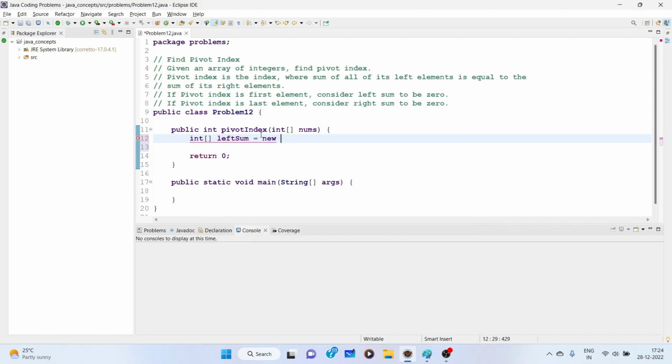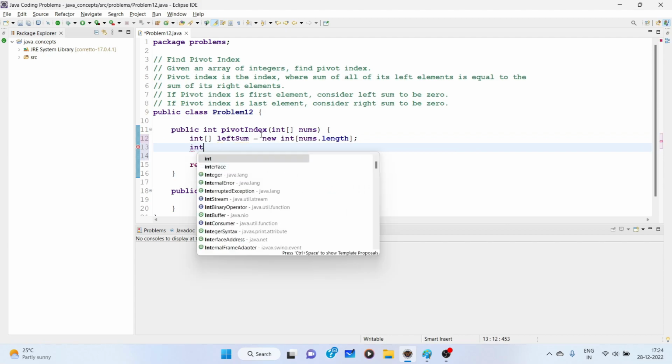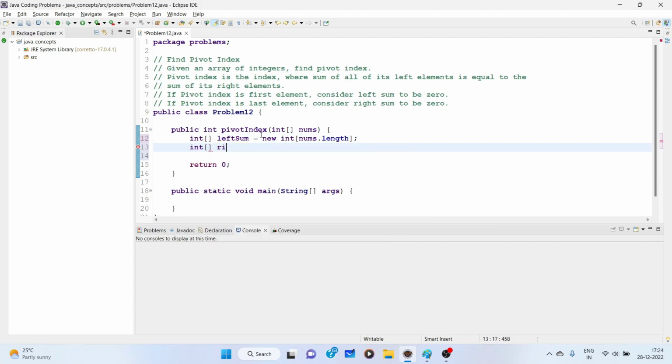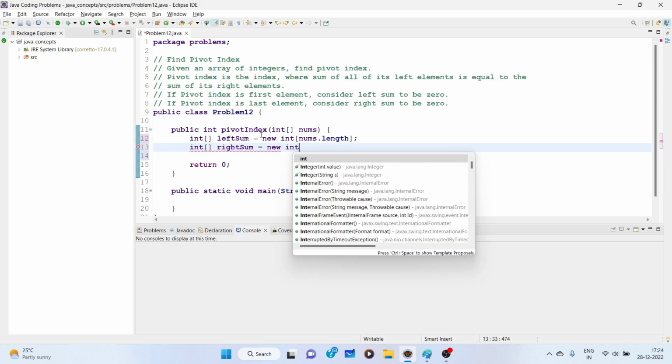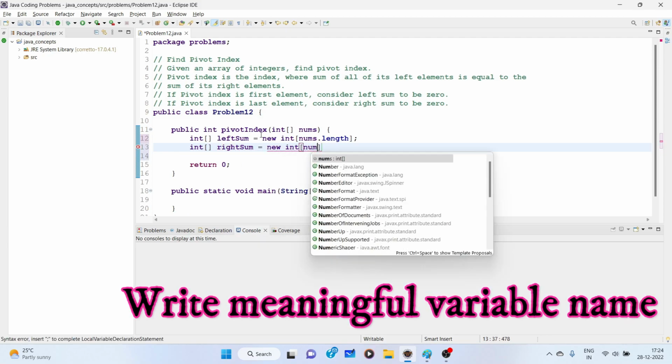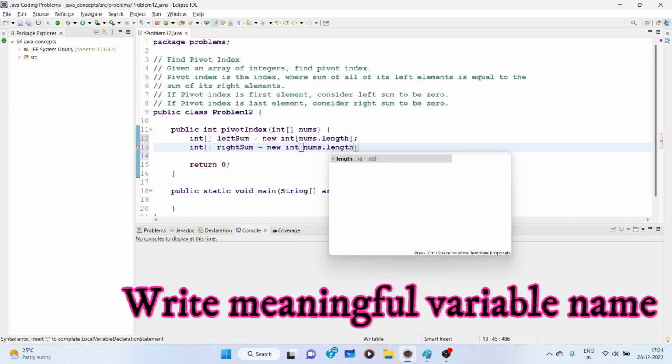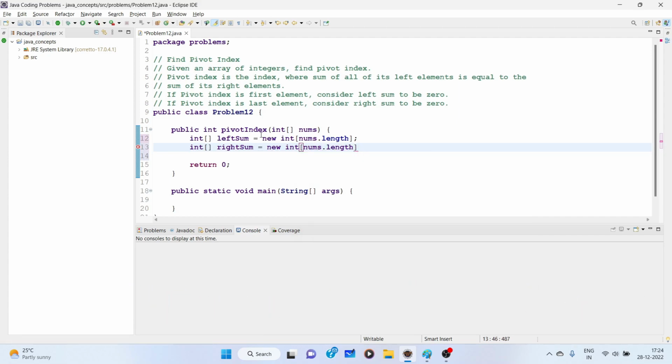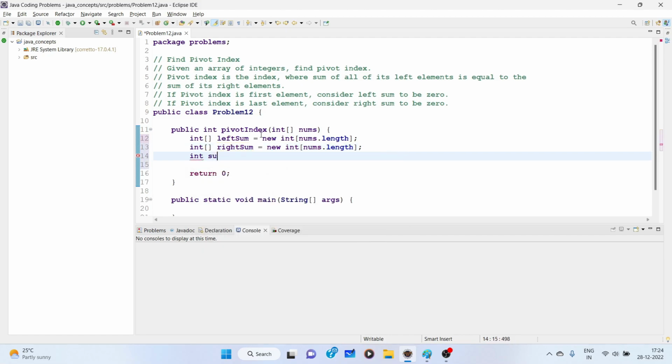equal to new int nums.length, and whenever you are writing the Java program, always remember to write meaningful variable names. Don't write ls, rs, because that doesn't give a good impression to the interviewer. So this is one interview tip. So we take int sum equal to 0